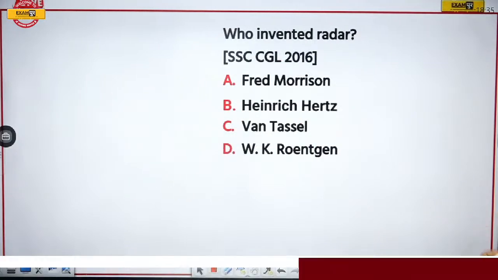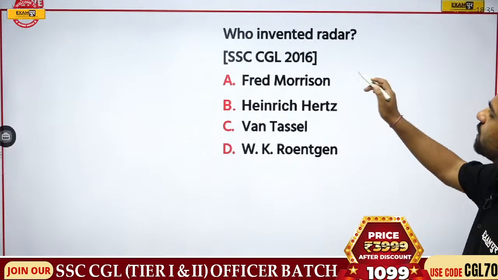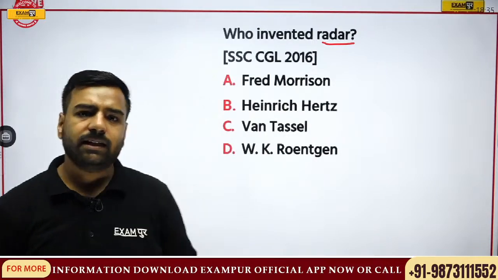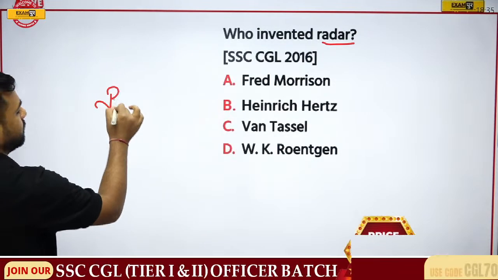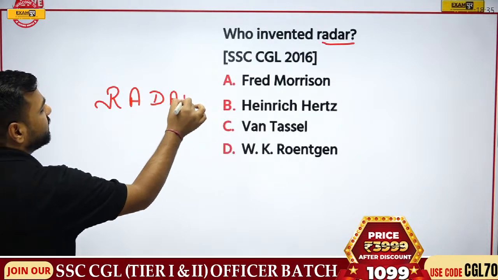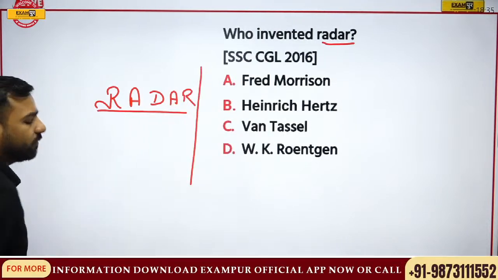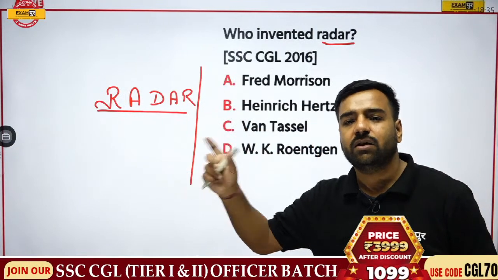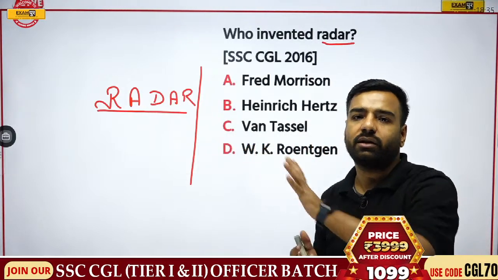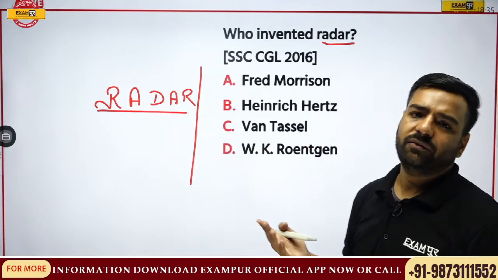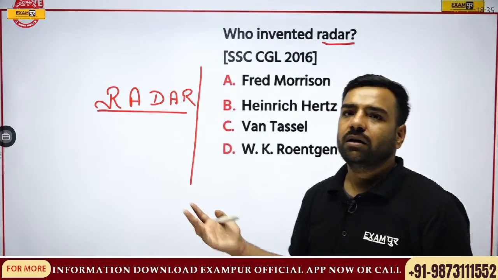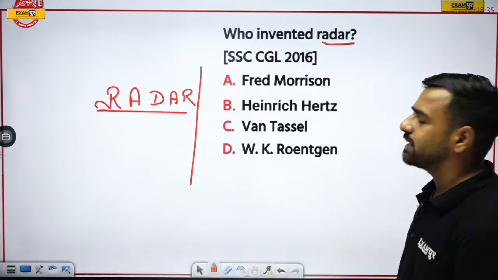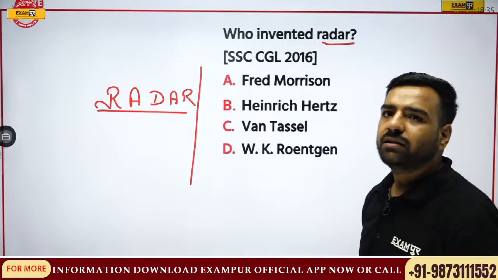Next. Who invented radar? Who was the one who actually invented radar? This is from CGL again. Waiting for the answer. Till then, let me tell you, radar's full form is radio detection and ranging. For identifying that an unwanted flying object is entering our territory, we can get to know about it. So for identifying any unidentified flying object, we need radar. So who was the one who actually discovered it? There was a question from X-ray. Till then, let me tell you. So Naina is with Hertz, and that's correct.